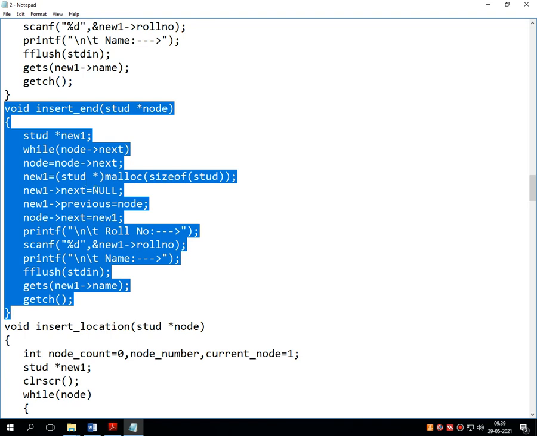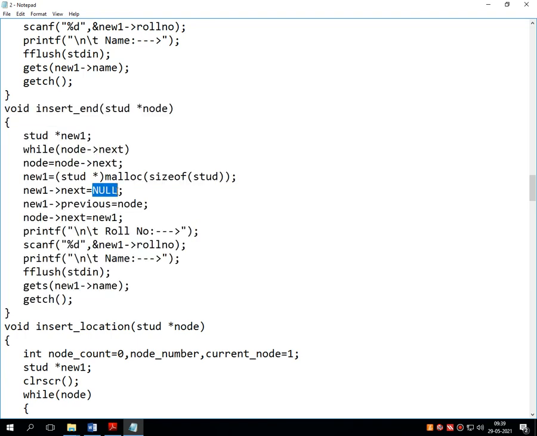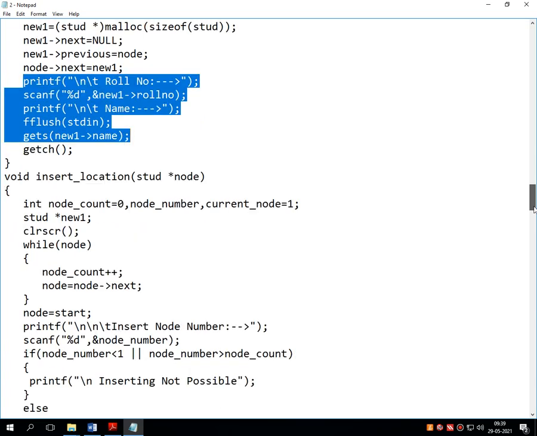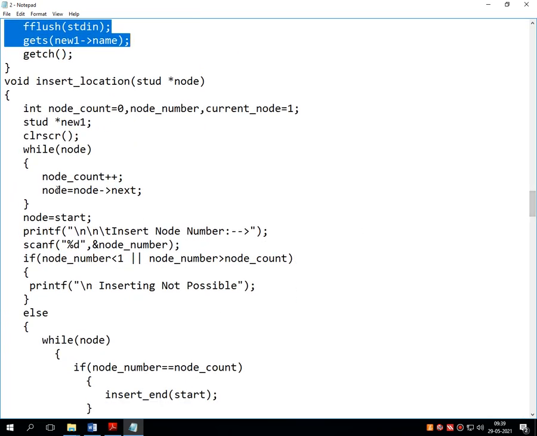So in this program, first of all null is searched, and over there the new node is inserted. Once each and every previous and next connection is established, it stores the roll number and name. Insert underscore location is similar to this, but in this we have to follow some healthy practices, like we have to